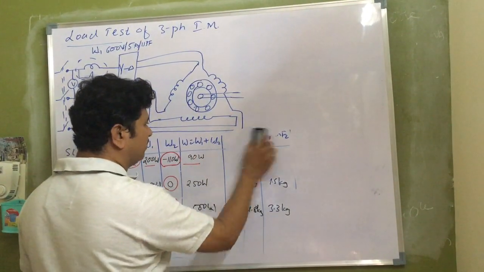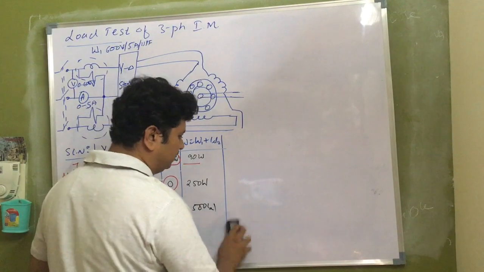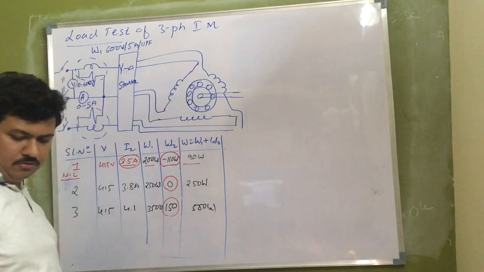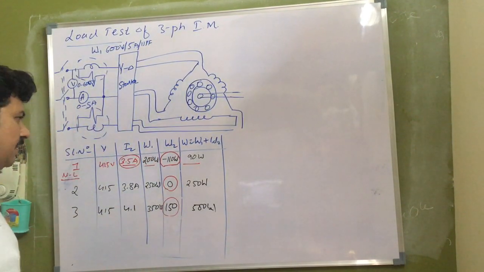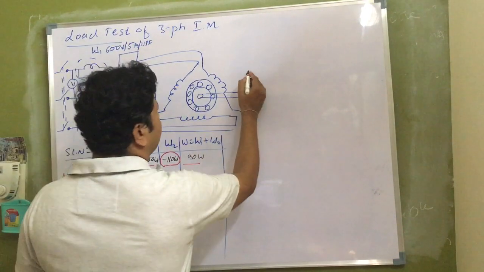I'll drop this part also because F1, F2 will go on increasing as I go on increasing the load. I need only this part. So cos phi is equals to